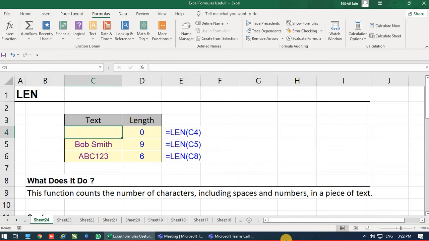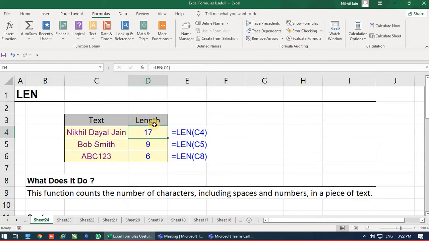In a certificate, every government has applied a rule that only 25 or 35 character names can be printed because of the length. So I am putting Nikhil Dayal Jain over here. Now how many characters are there? 17 characters, which is inside our text length.